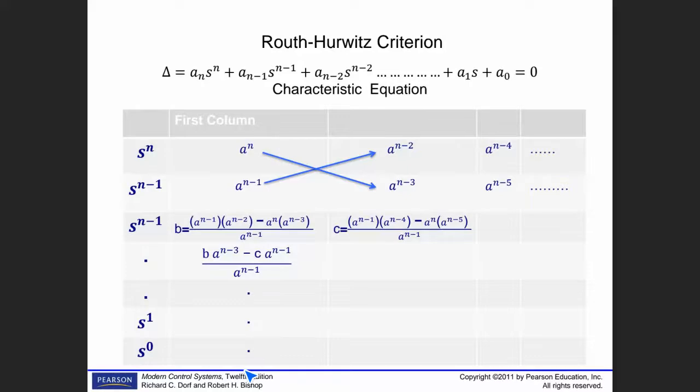For each change that occurs in the first column, you have one pole located in the right-hand side of the S plane. That means unstable. So you are going to use Routh's criterion,